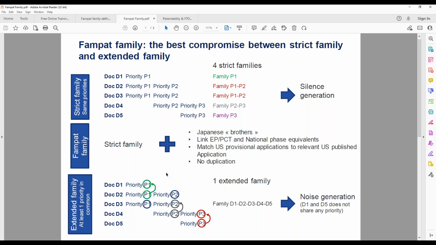You will have different documents sharing some priorities, but not all of them. So you will have only one extended family, but that could have some noise. So for your search project, maybe you will find results that are not relevant for your goals.